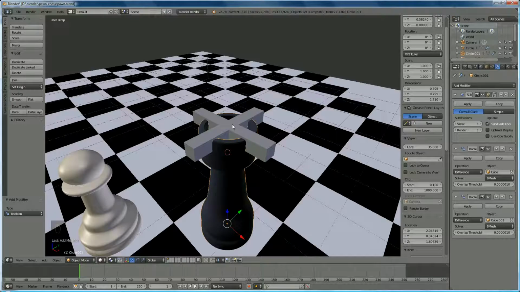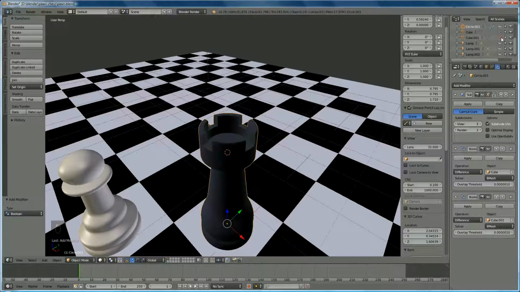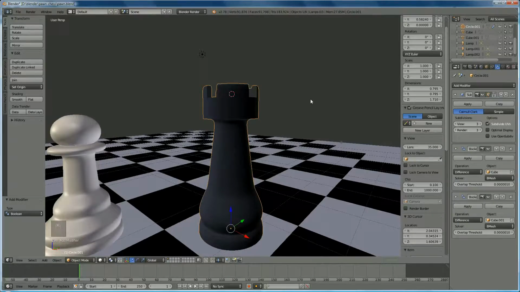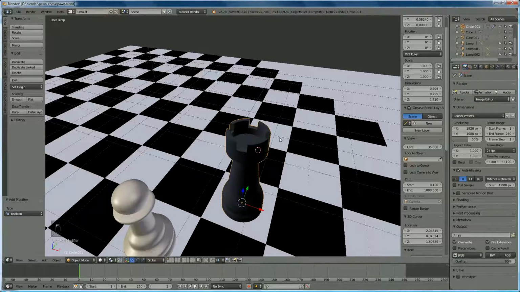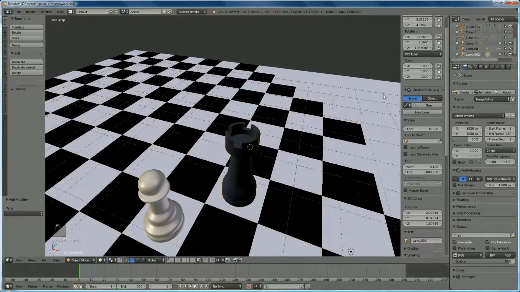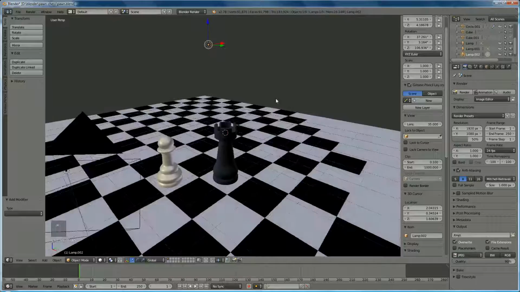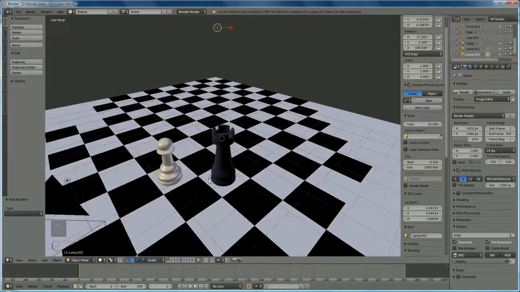I don't want the cubes anymore. Two possibilities: you switch them off like this and you won't see them, but if you render it you will see the cameras over here. So if you render it and you don't want to see them, switch these off. Okay, now we're going to render it and see what we got. Before we do that, we're going to put an extra lamp on it so we see it nicely. Let's say this one,